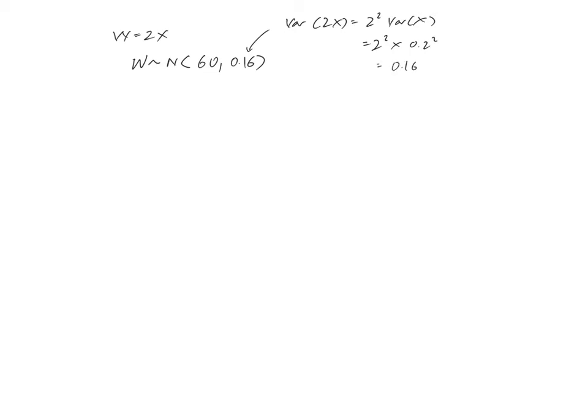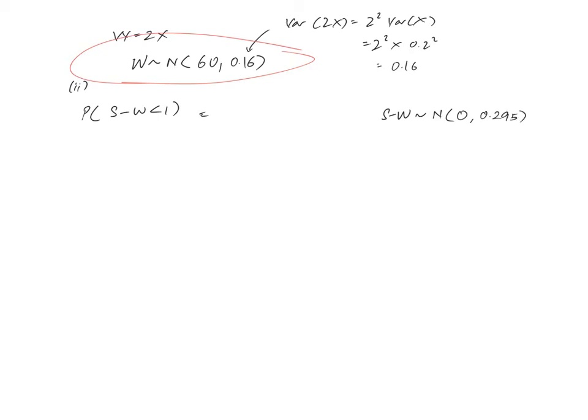Then the question in part 2 just requires us to find the difference. This is the problem that we are finding. So what's s minus w? We know s, we know w, so s minus w should take on a normal distribution. Let's look at this. We should have our answer: s minus w should take on the normal distribution of 0 and 0.295. And using this to calculate our answer, the probability has an upper bound of